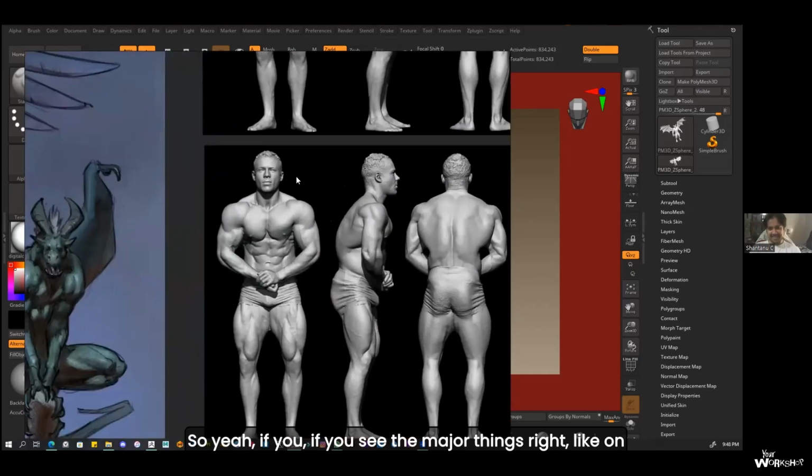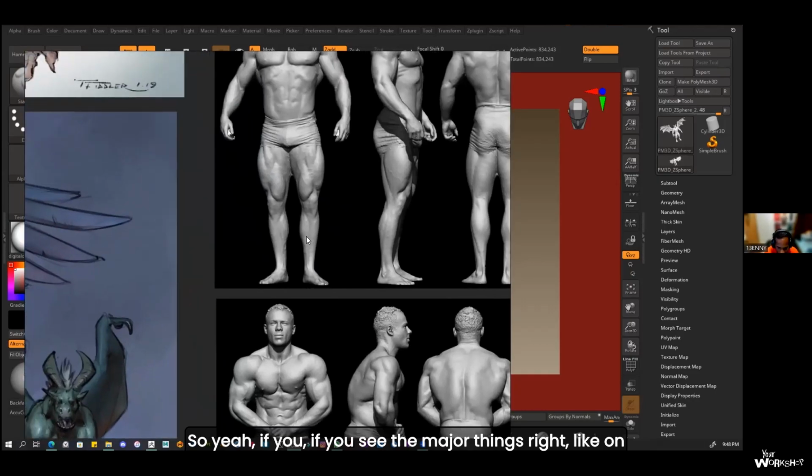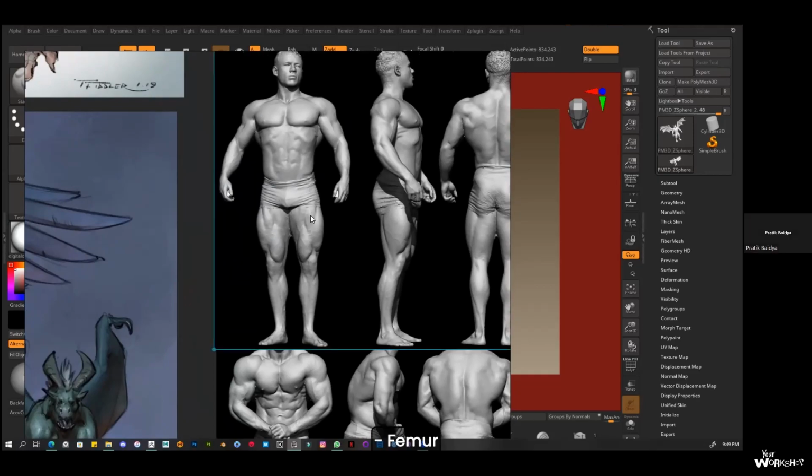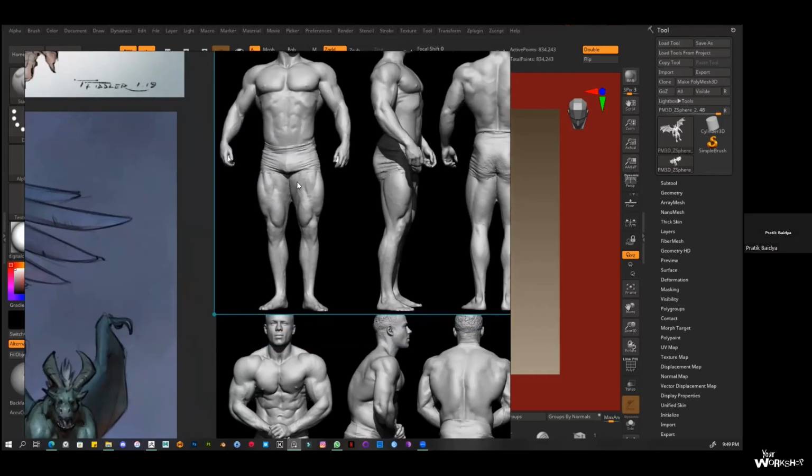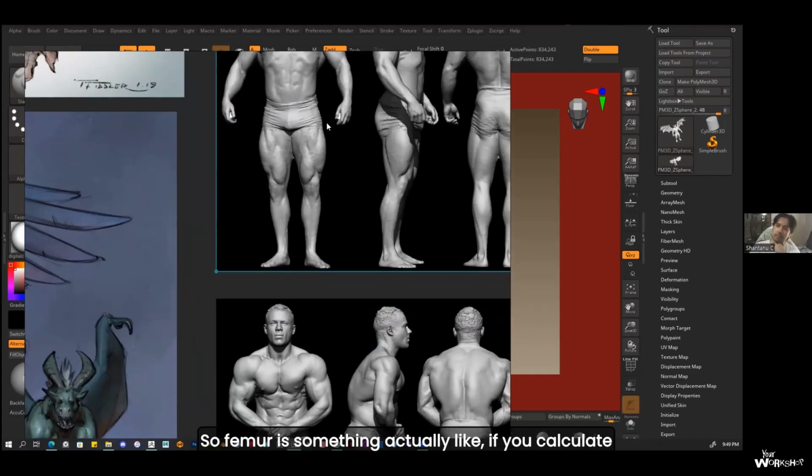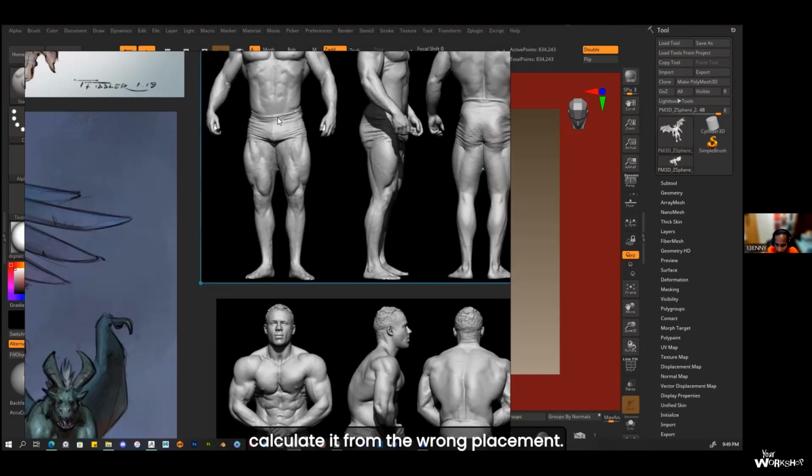So yeah, if you see the major things, right? Like on the legs part, like I said, if you are dividing this leg into a bone structure, the thigh, this bone, right? This is the longest bone in our body. I think you guys know about it, right? The longest bone. Femur. So femur is something like, if you calculate it into boxes, this will be like 3, this will be 2. But imagine that some people actually calculate it from the wrong